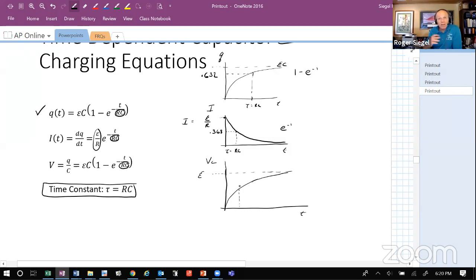Now, this goes up very quickly because it's an exponential. So after 2 time constants, we're up into the high 90th percentiles. Most people will say to totally charge, you only have to wait 5 time constants, or to totally decay, you only have to wait 5 time constants, and you get to 0.99999, something like that. But that's kind of where we are.